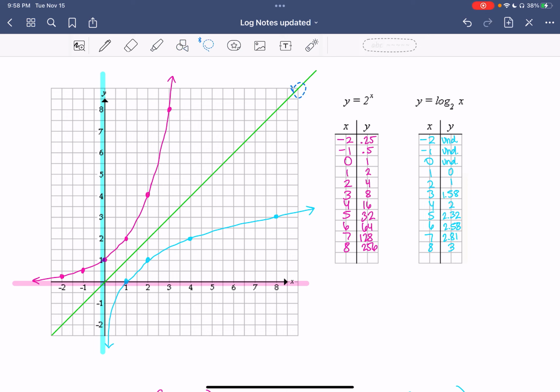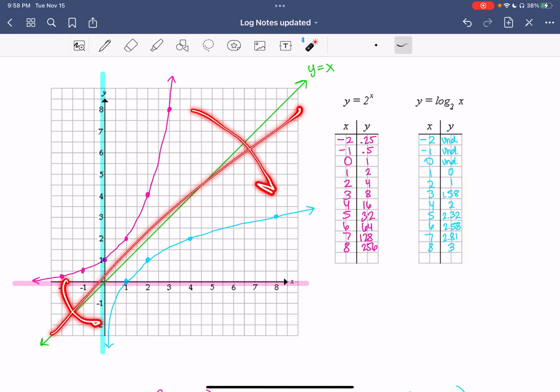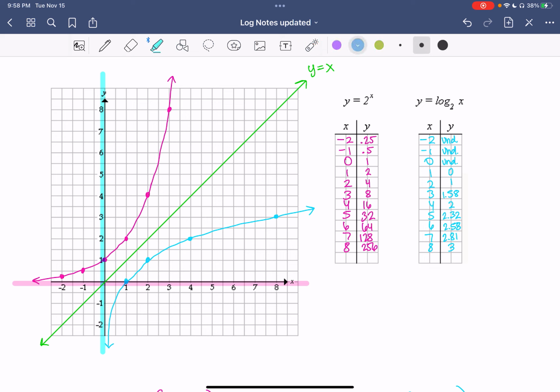Looks like this. So if you were to fold your paper along this diagonal line y equals x, you can see the reflections right here. Graphically,